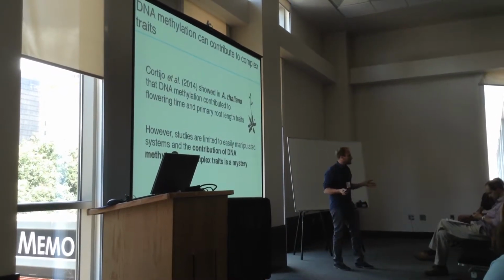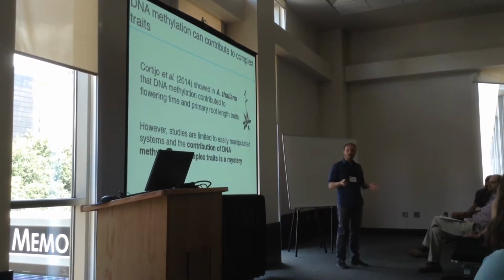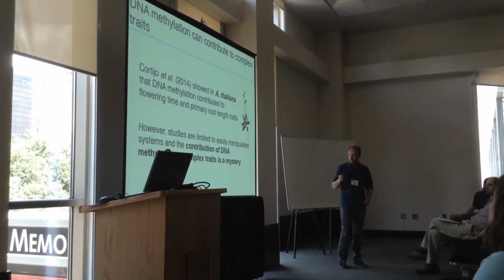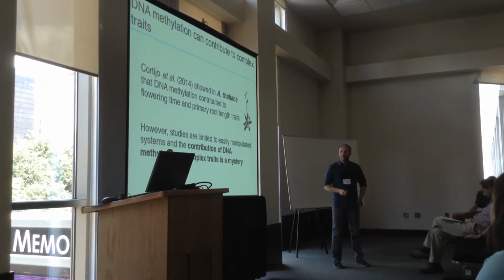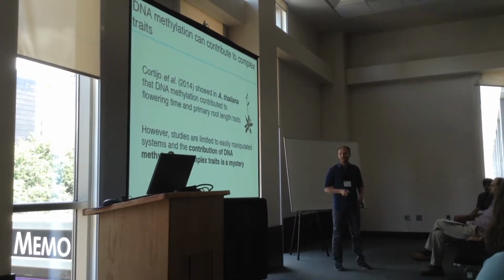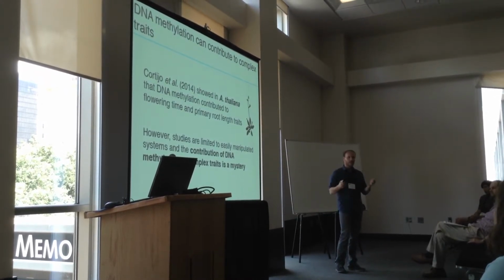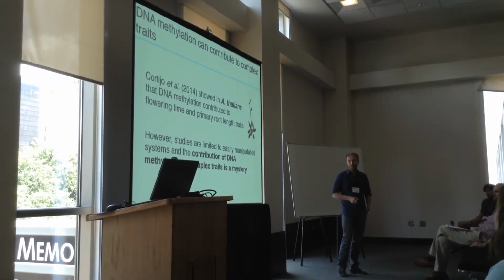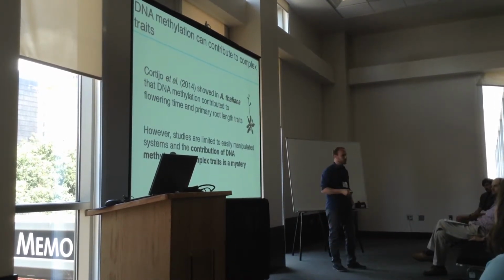At the population level, there exists quite a lot of epigenetic variation, and researchers like myself and others are interested in how this type of variation can contribute to complex traits. There's been some nice work done in Arabidopsis thaliana looking at this. However, outside of model plant systems like Arabidopsis that can be easily manipulated, where we can do things like epi-QTL mapping and create epigenetic recombinant inbred lines, the majority of other organisms go unnoticed, and we don't really know anything about DNA methylation and how it might contribute to other complex traits.